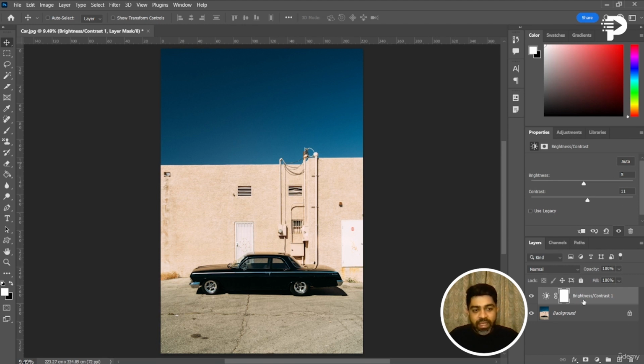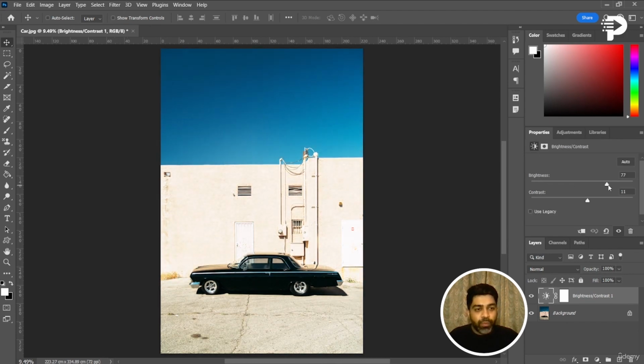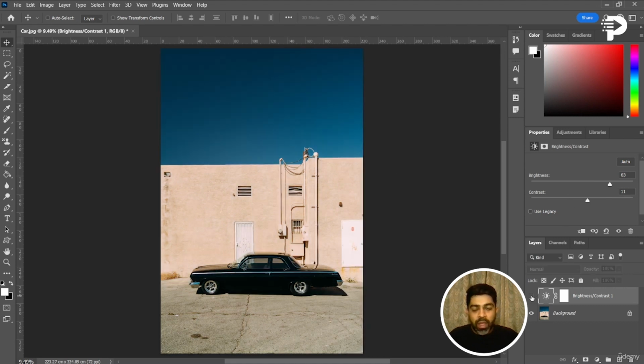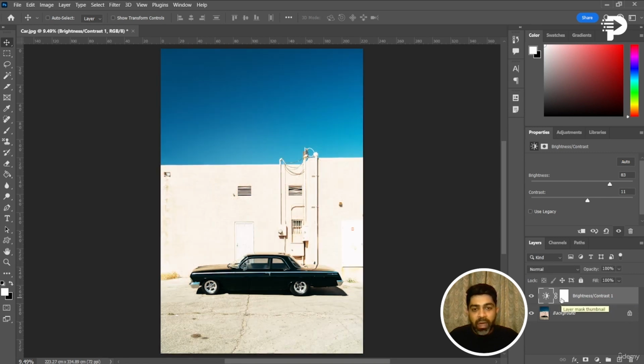So we've seen how this works, but what is happening right after this? Let's see that. With the adjustment layer, I have been able to change the contrast over here, and I can choose the segment which I would want it to operate on. For this, let's go slightly bold in terms of our decision. Let's say the brightness is way higher. I would want the sky to be brighter than what it is right now. I can see the original sky is somewhat darker. I would want it to become whiter, but I would also want it to operate only on the sky